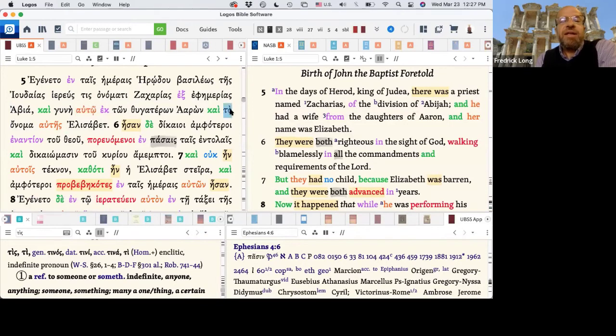And then now you have the daughters of Aaron. And then you have to onoma. Now to onoma has an article. And this illustrates another principle of the article: she's already been introduced and she's a known entity, and people who are known have names. So because the name is entailed in her being present already, you can refer to her name definitely, the name of her, Elizabeth. Just make sure I'm not having amnesia or something.